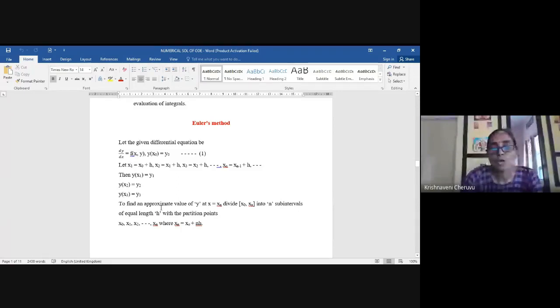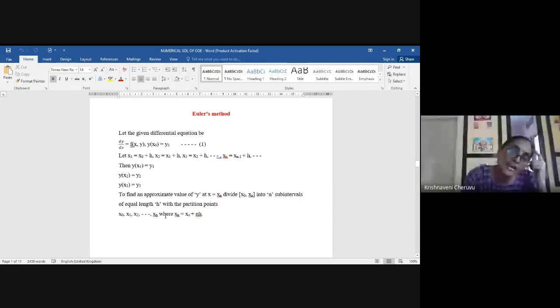Okay, so basically I'll explain to you this procedure here. See here you have altogether an interval x0 to xn, and x0 to xn means there are altogether n plus 1 arguments, and you are dividing this into n sub-intervals with equal interval of differencing h. Like this I explained to you, x1 minus x0 is h, x2 minus x1 is h, x3 minus x2 is h. So n plus 1 arguments are divided into n sub-intervals with h as the interval of differencing.